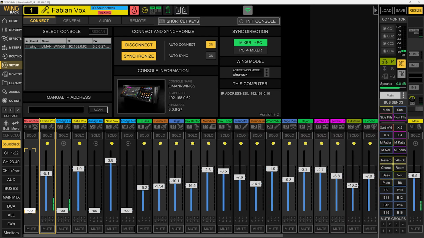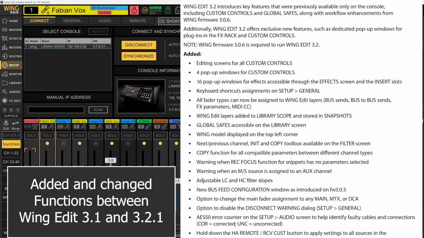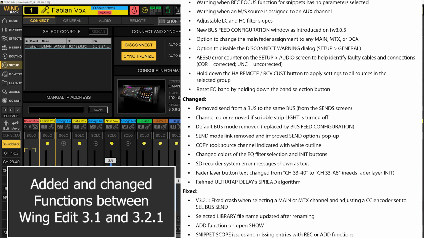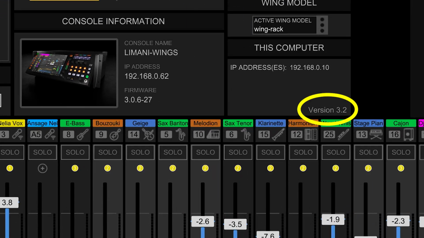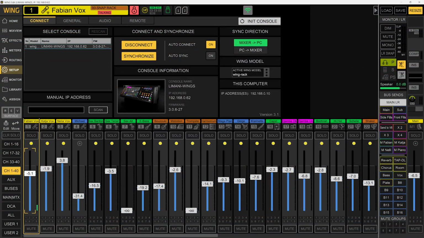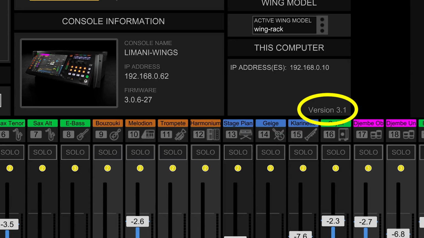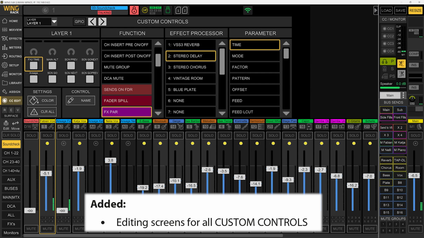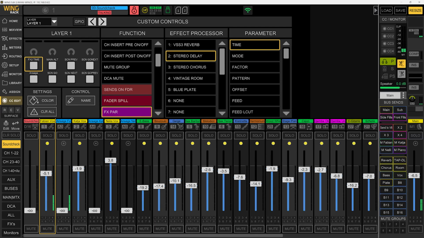Hello, in this YouTube video I go through the new functions and the changed functions of the Wing Edit version 3.2 compared to the previous version 3.1. So let's start. There's the new function editing screens for all custom controls that has been added to Wing Edit